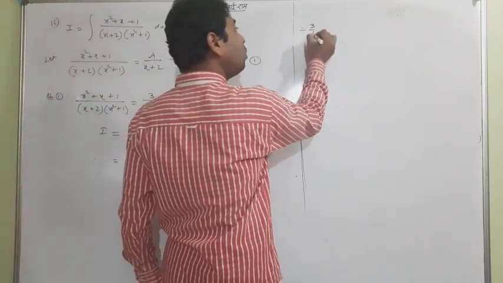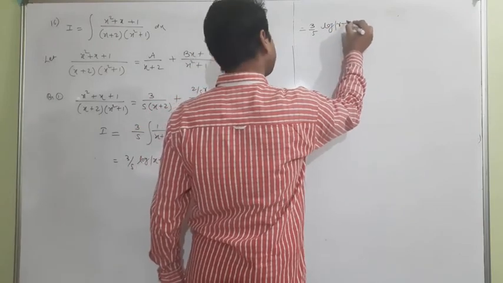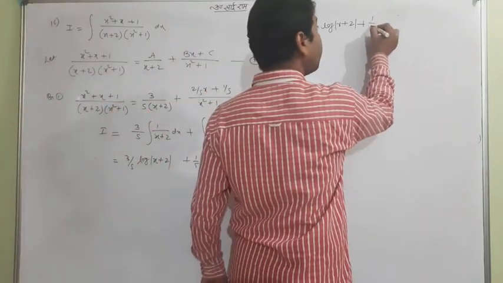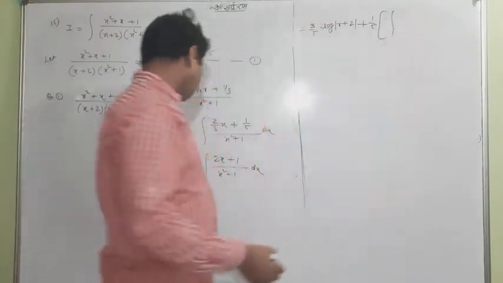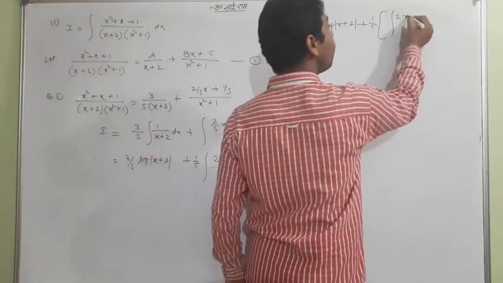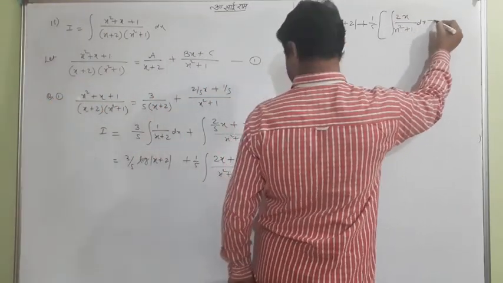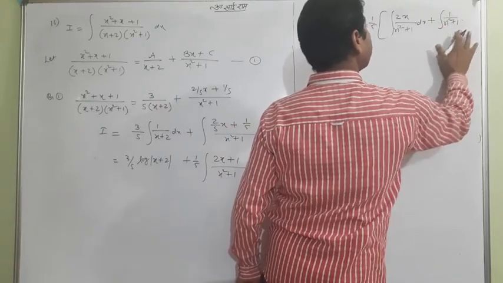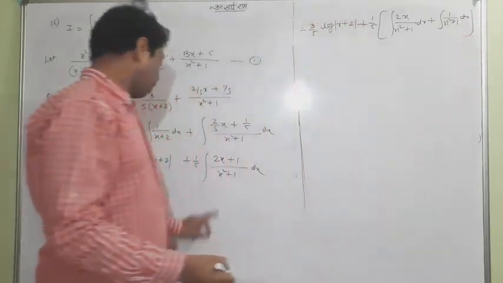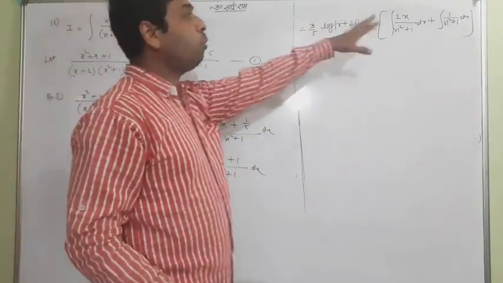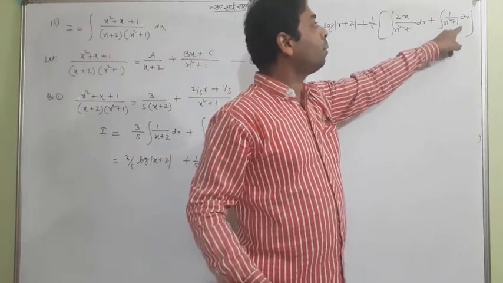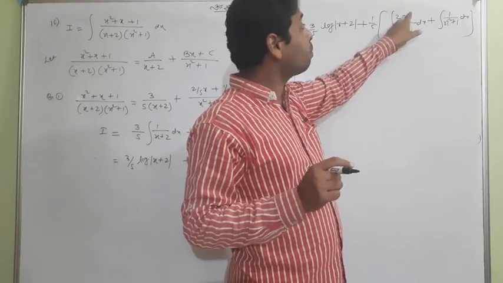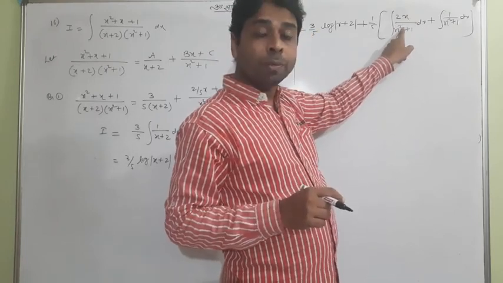Student, focus on that. Do the hard work for that. Log of x plus 2. You only separate this and this, like 1 by 5. Look, separate 2x upon this and 1 upon this. It is very important. What I have done is only separated this upon this and this upon this. Now do them easily. What about that? 1 upon 1 plus x square, standard formula, tan inverse x. But it is very important. Look, student, this is x to the power 1 and it is x to the power 2. So I'll take this as t.